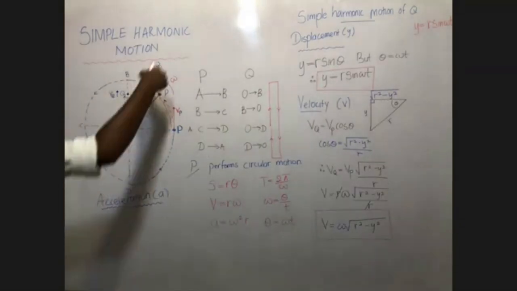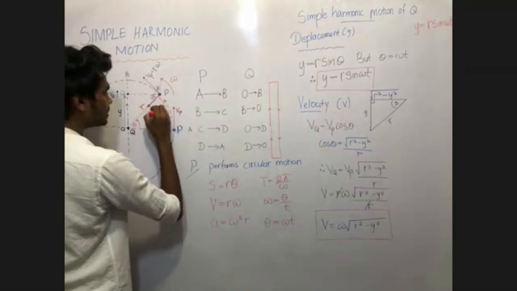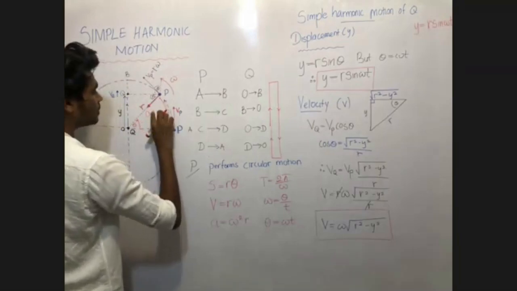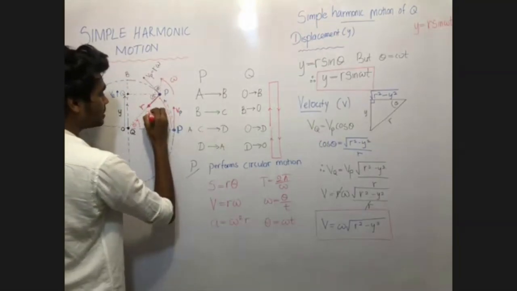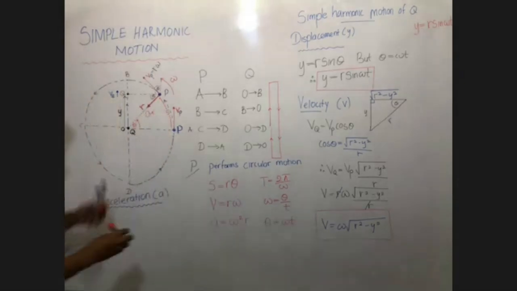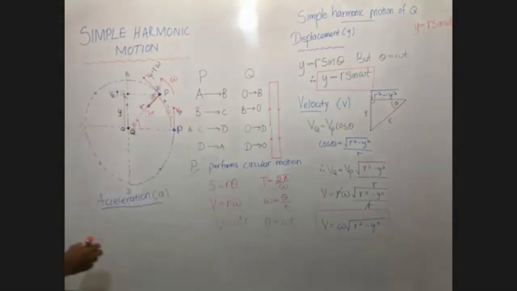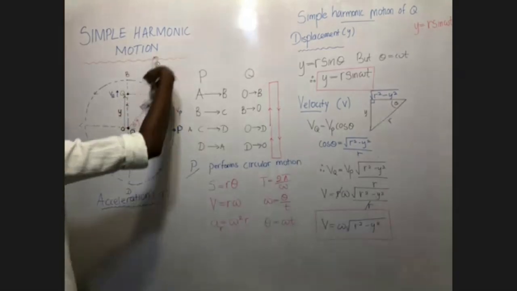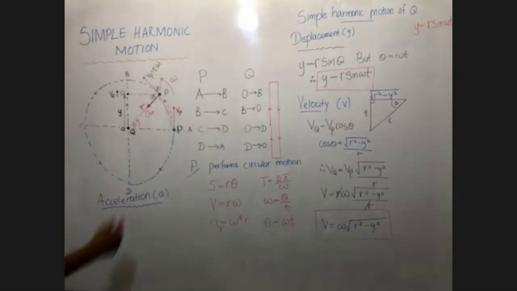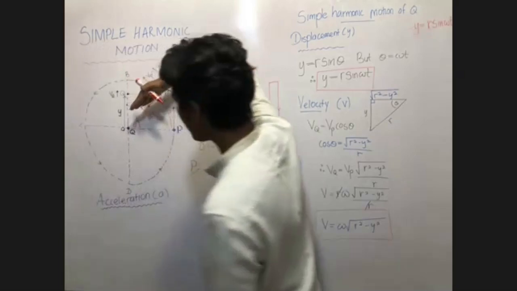I'll call it as AP. Acceleration of P. No, I'll call it as AR, because why? To denote it as radial acceleration. AR. So of AR,